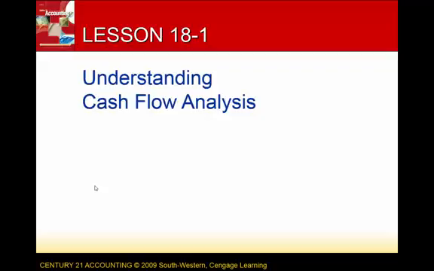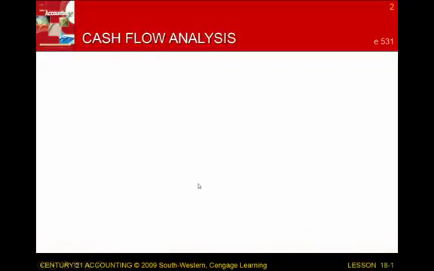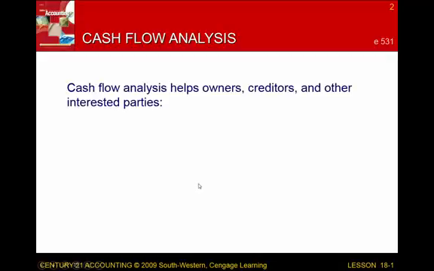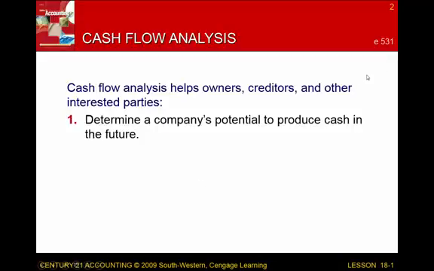Section 18.1 deals with our cash flow analysis statement, and we'll be taking a look at what has to happen for a business to know where their money is coming to and going out. So when we look at our cash flow analysis, we have to be able to analyze from our owners, creditors, and other interested parties what is happening with our business. And that includes the potential to produce cash in the future,